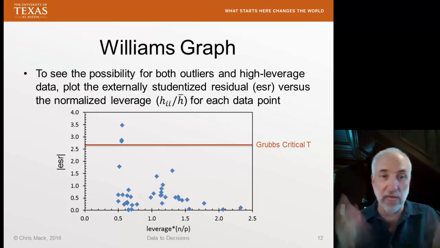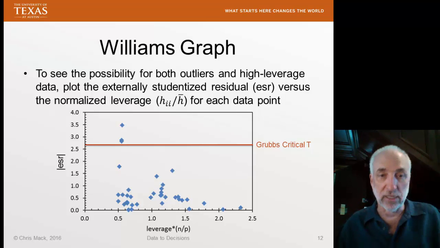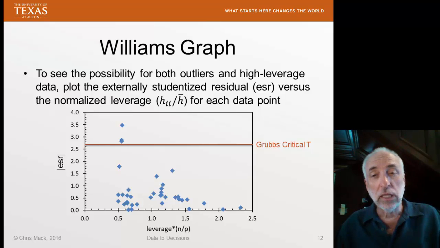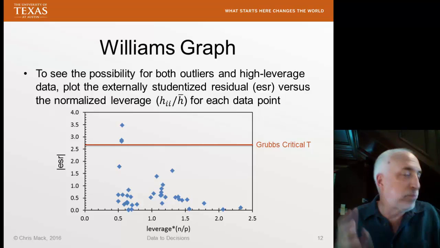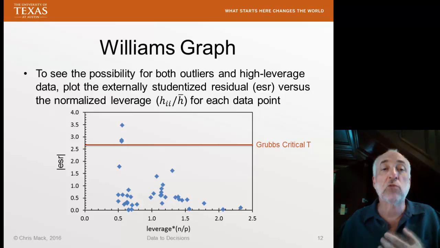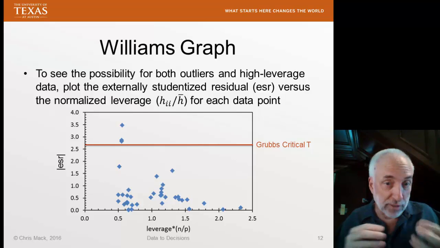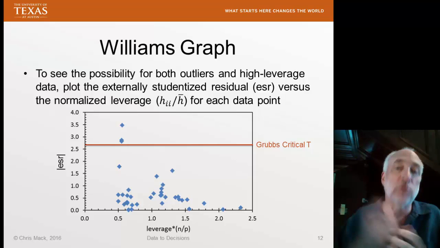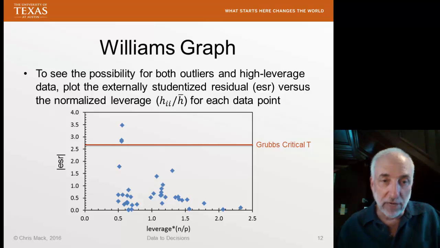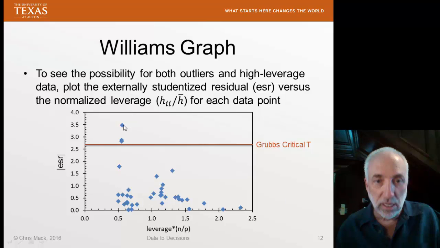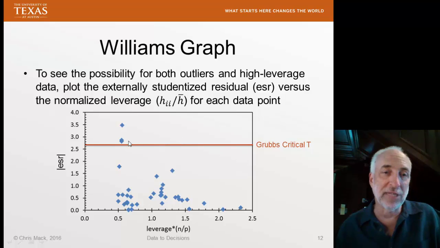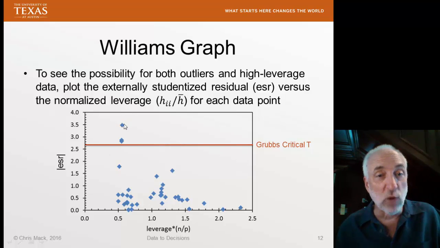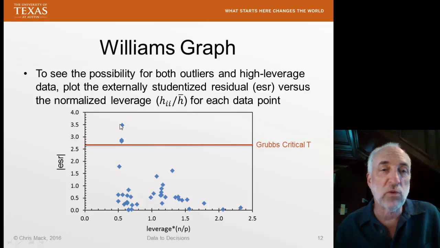Grubbs' critical t-value that we get from doing our basic outlier test. We're not doing it to potentially reject any outliers, but simply to graphically decide whether we have points near or further away from this Grubbs critical t-value. And here I see 3 data points, and 2 of them are really close to that critical value. I think I used 0.01 for the significance level, but I can't remember now when I generated this graph. But we have one that's a little bit further away, so that might be the one that we